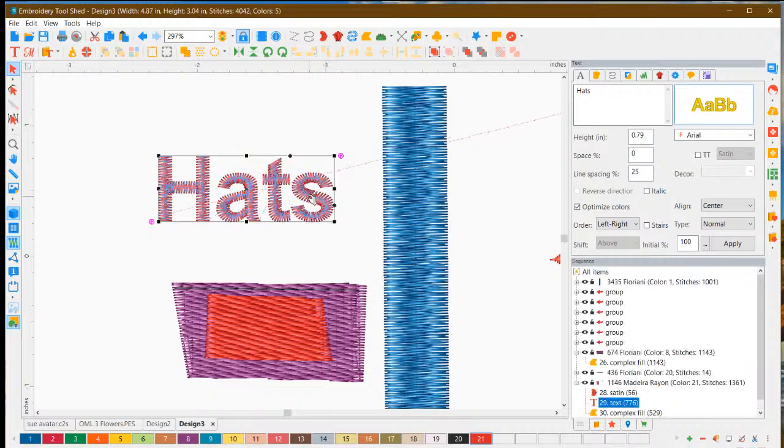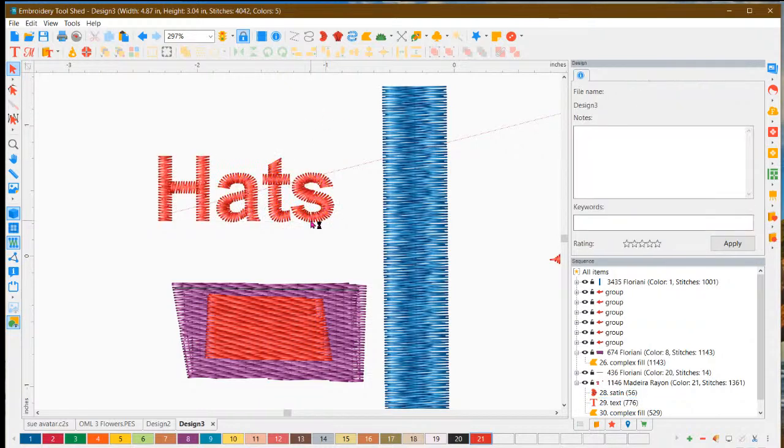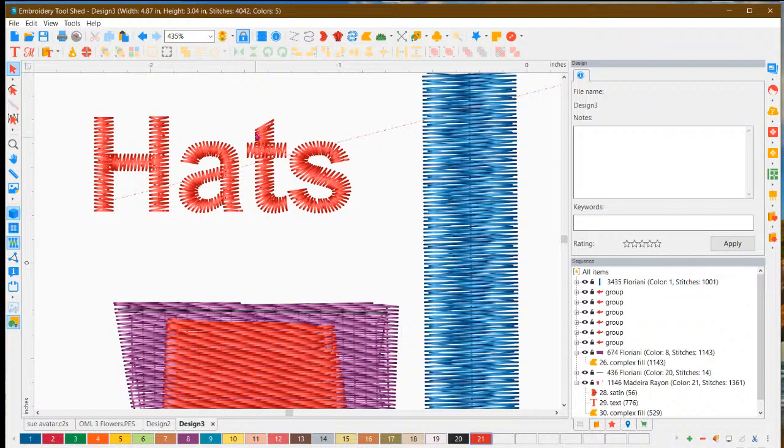So lettering is completely different, just like digitizing for hats is completely different than regular digitizing. Usually a little bit of pull comp is added in automatically, but you do have to watch, because if you don't lay a nice foundation... Now, there isn't a whole lot of underlay here, because it's really small. So you just don't want